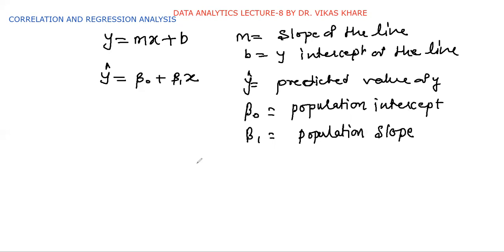So we identify y is equal to b naught plus b1 into x. Now we calculate the value of b1 or beta 1 or beta naught with the help of certain conditions. So in that case, the value of beta